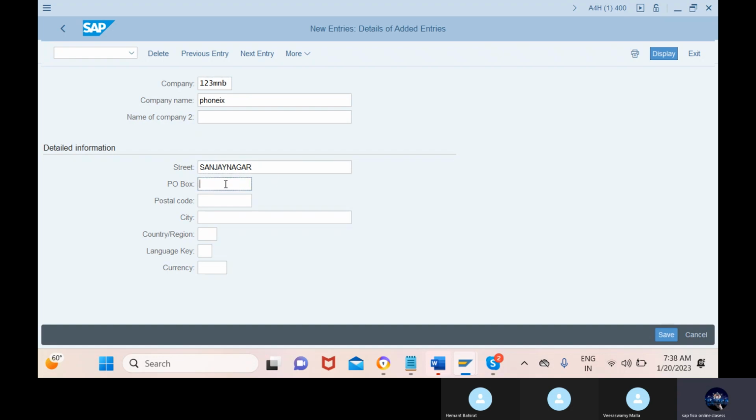post box. Okay, here post box means the name of the post box. Okay, the particular street post box will be different, so we have to mention that particular name, postal code, city,